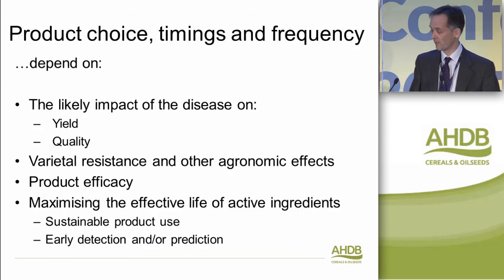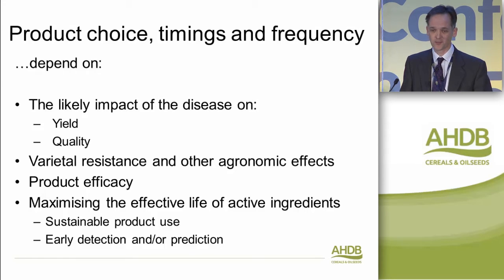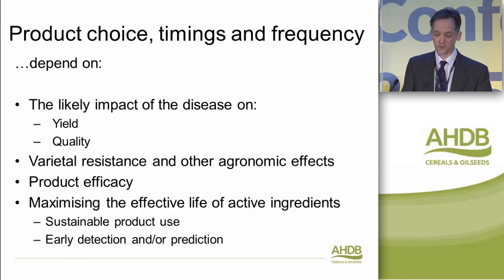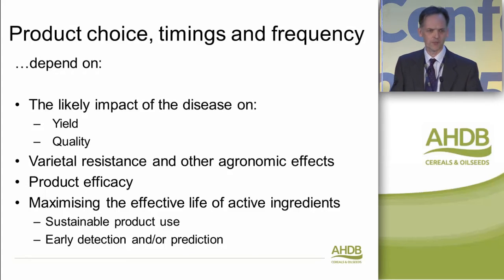Varietal resistance and other cultural control factors need to be considered. They can increase the risk of yield loss to disease or decrease it, and we need to know exactly what impact they're going to have from the outset. Product efficacy is undoubtedly going to have a big impact on which products you choose and how we use them. But with that, we need to be making sure that we're using them in the most appropriate way. And by that, I mean using them when we need them and not outside of that period, because the more we use them outside of when we need them for yield, the more we will be selecting for resistance to that particular mode of action.